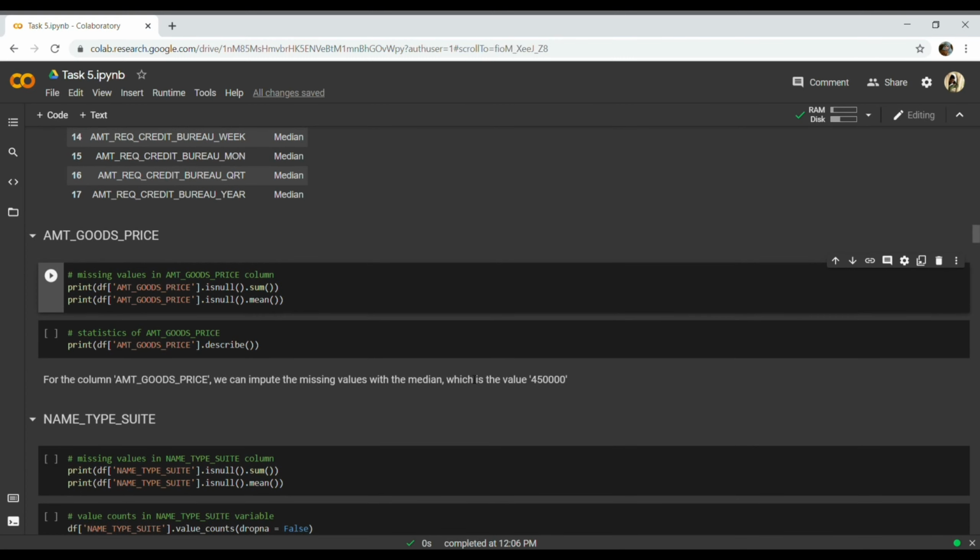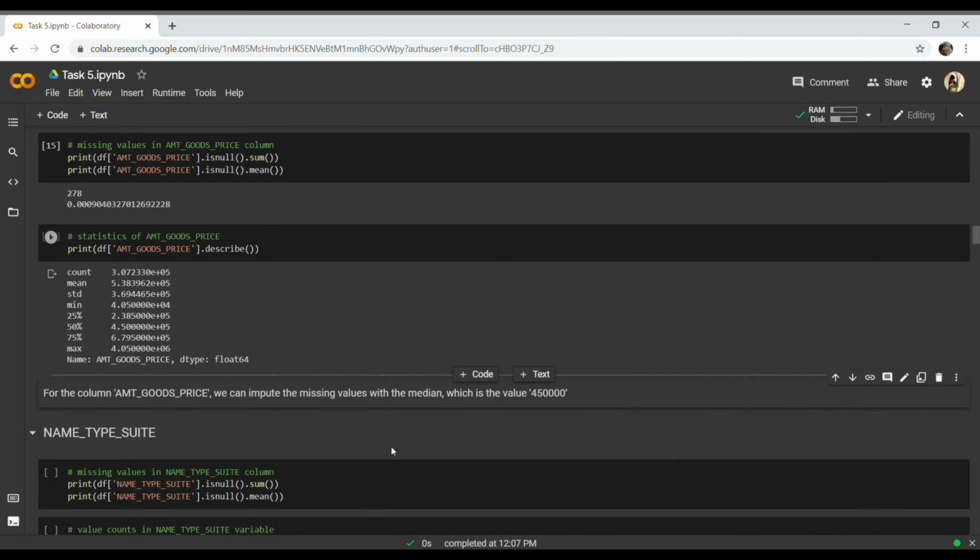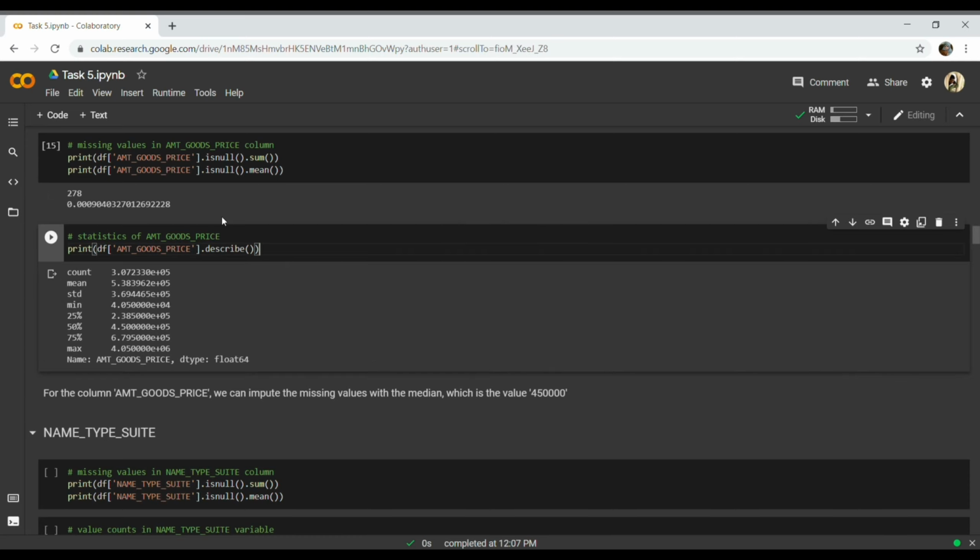Next one is amount goods price. There are 278 null values, and the statistics show something else. For this also we can impute it with the median, but still it doesn't show a proper value, like it's showing in the form of exponents. So what we can do is, where is it? Yes.